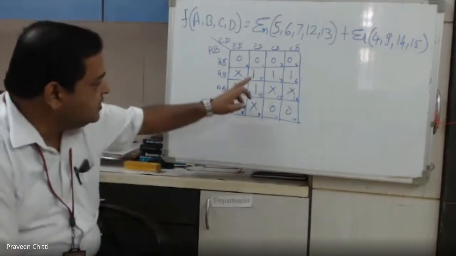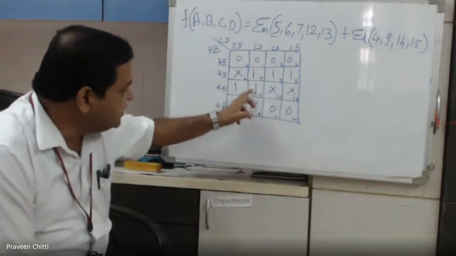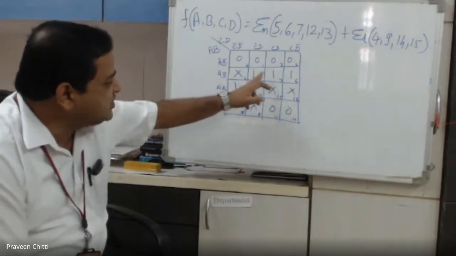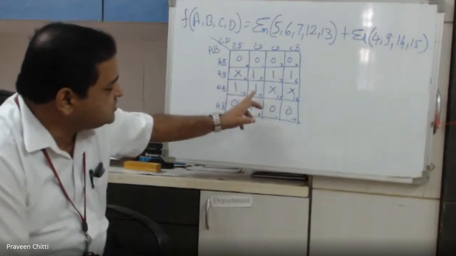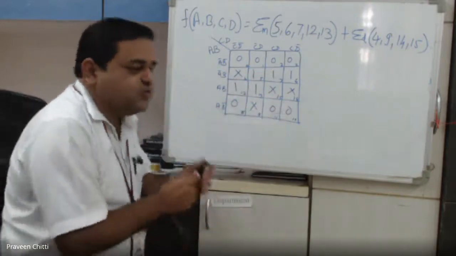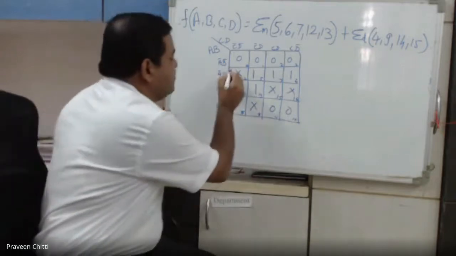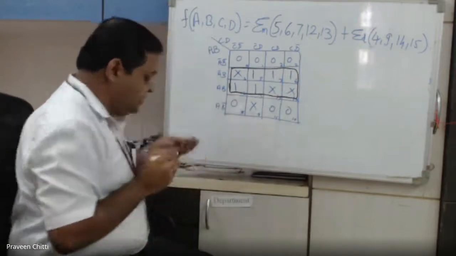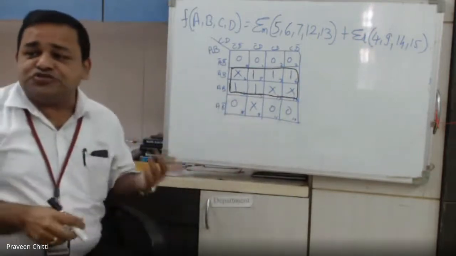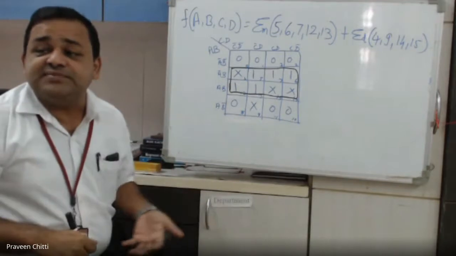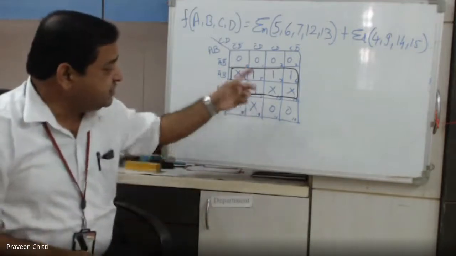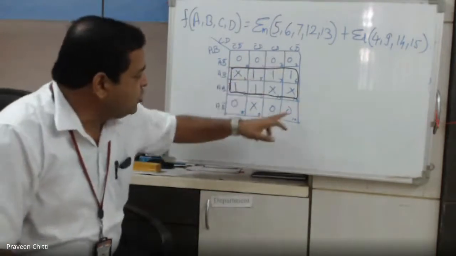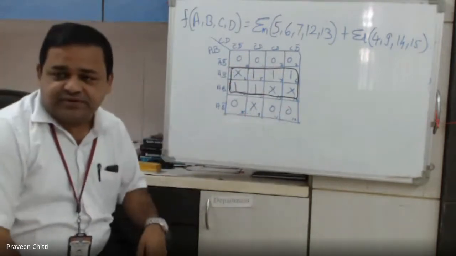You can see here, I have 3 ones, then here 2 ones. But adjacent to these 3 ones we have a don't care, and adjacent to these 2 ones we have a don't care. So what we can do is form a bigger group like this. We can form one octet. And after forming the octet, you should check, are there any minterms left? What is left? You can say all zeros are left, but one x is left.